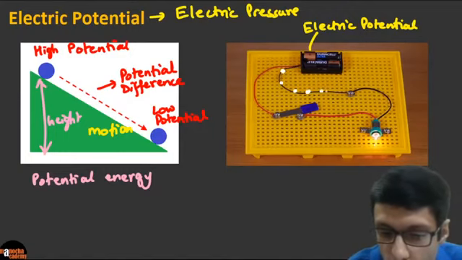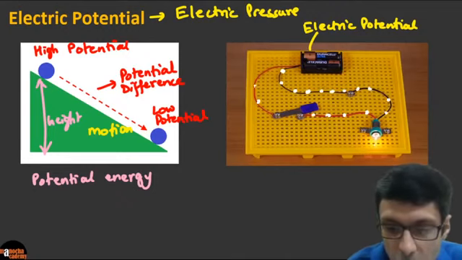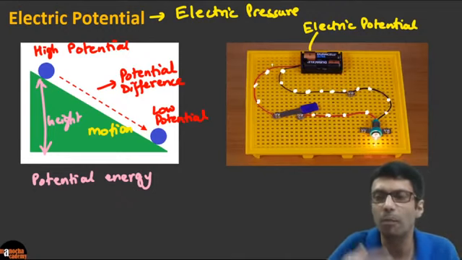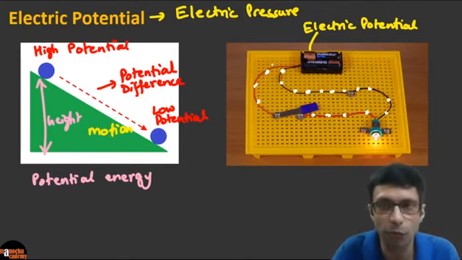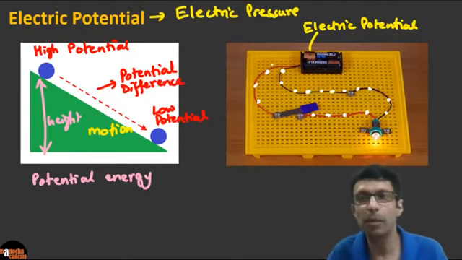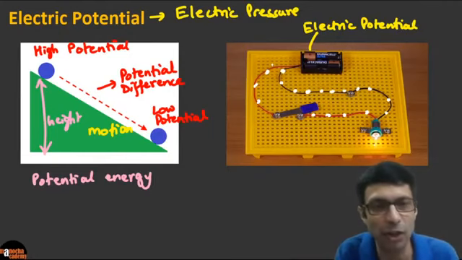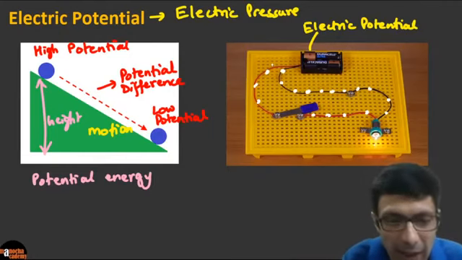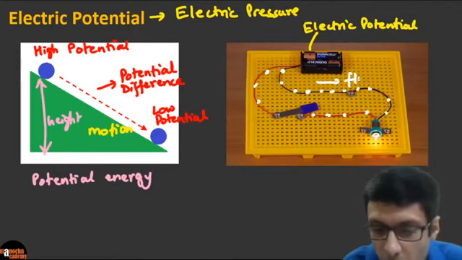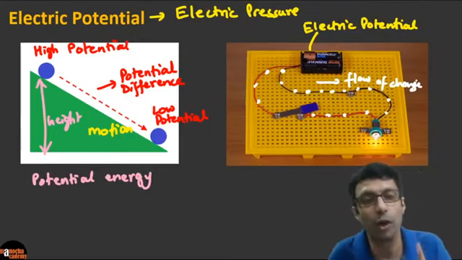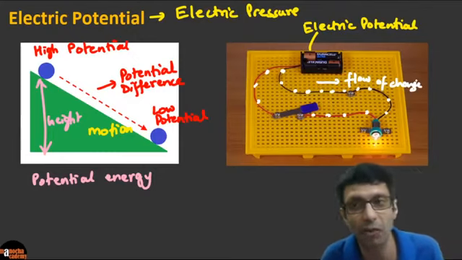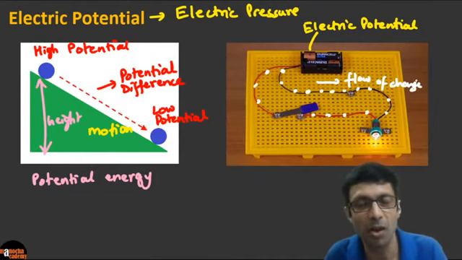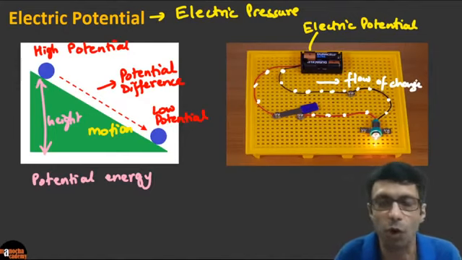For the electrons to move, some electric potential is needed, right? It's like a motor. You can think a motor is needed to move the water, to make the water flow, or a height or a slope is needed. Similarly, electric potential is like an electric pressure that is needed to make the electrons move for the flow of charge. And if you don't have that, obviously that bulb will not glow, you will not have any charge. So when the cells, the battery run out, the electric potential will become zero, the bulb will stop glowing. Clear? Very, very important thing for all of you to know.